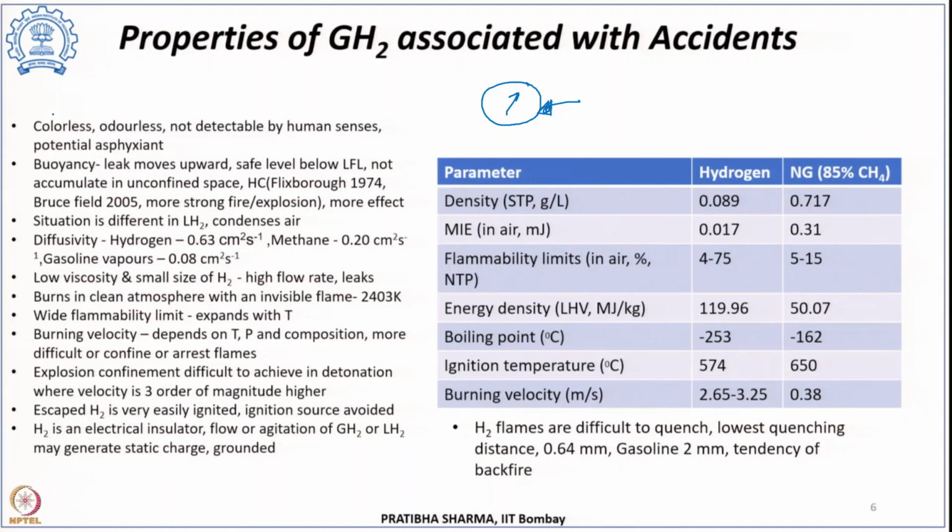You know that it is colorless, odorless, and not detectable by human senses. That means this is not detectable by human senses, and it is potentially asphyxiant. That means it is a kind of